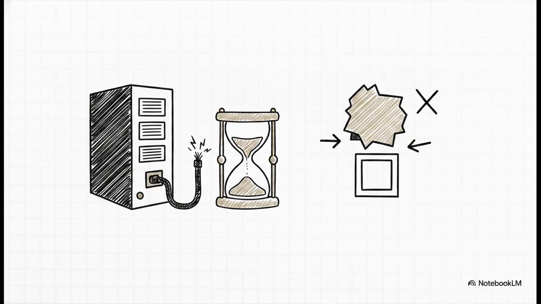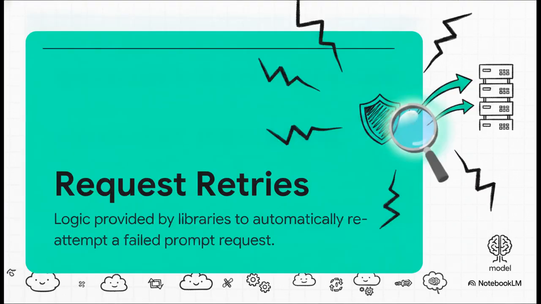Schema validation failures. You might send over a perfect prompt asking for a strict, nicely formatted JSON object containing a simple Boolean true or false. But occasionally, the model will just reply with a sentence like, "yes, the condition is true." Now, to a human, that makes perfect sense, but you're parsing code that's sitting there waiting for a Boolean, that triggers a catastrophic crash. Thankfully, modern libraries provide a really robust solution for this right out of the box: request